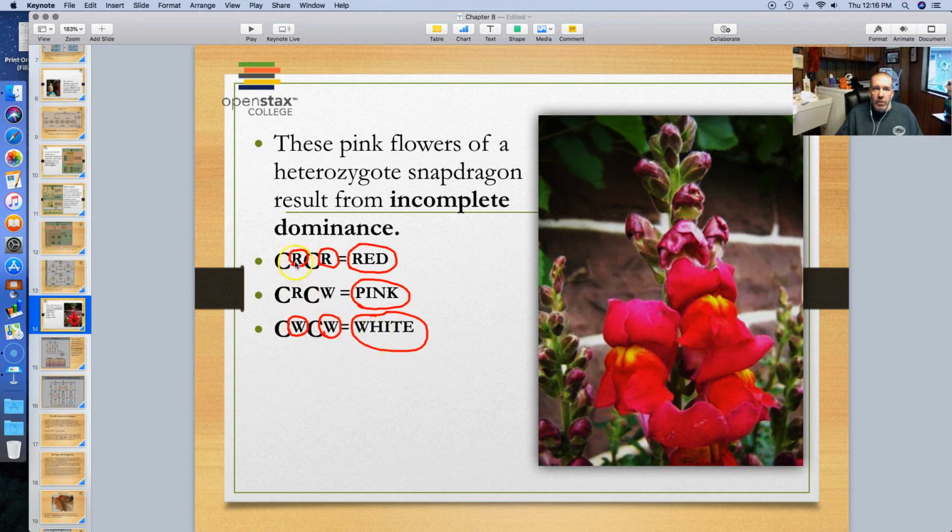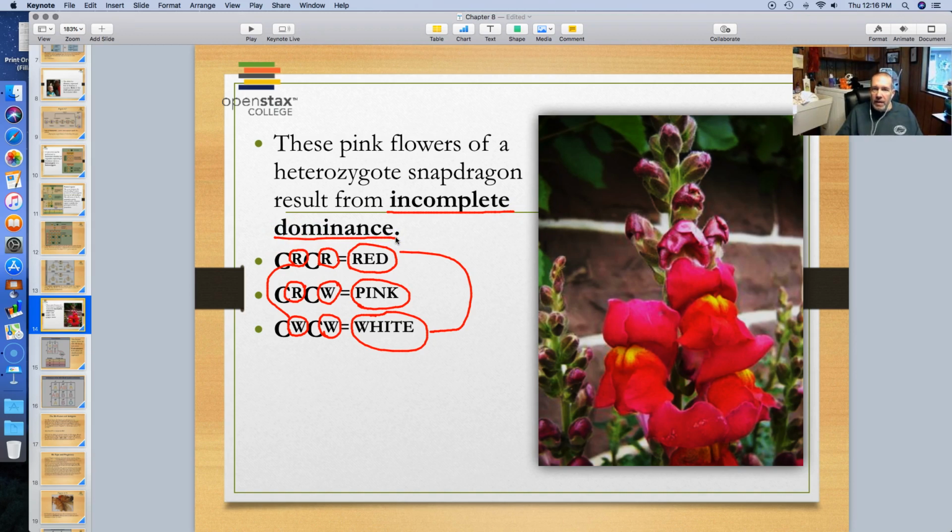And what happens when you breed, say, these two individuals together, you're going to get a combination of the two mixtures of dominant alleles. So then what happens if you have an offspring with an R and a W allele? Well, in this case, again, you get a third color. You don't get white, you don't get red, you get a third color, which in this case happens to be pink. And so through experimentation again, basically this is how we came to understand that in some situations we actually